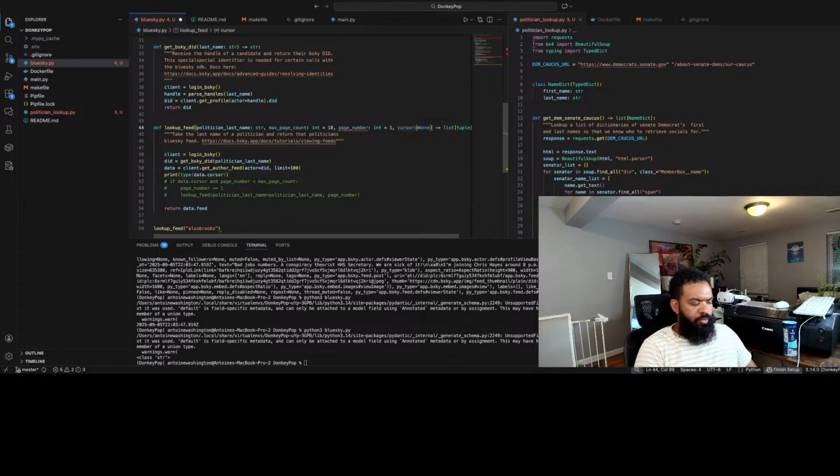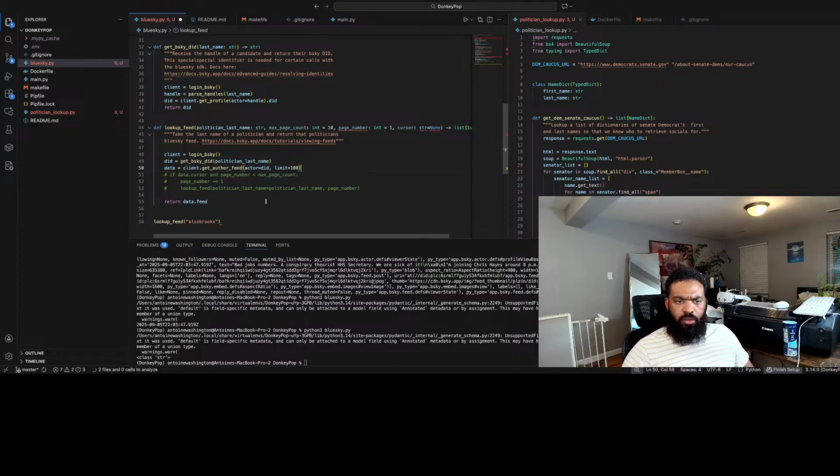Cool. Okay, so if cursor, lookup feed. Oh, but it's gonna look it up extra times.